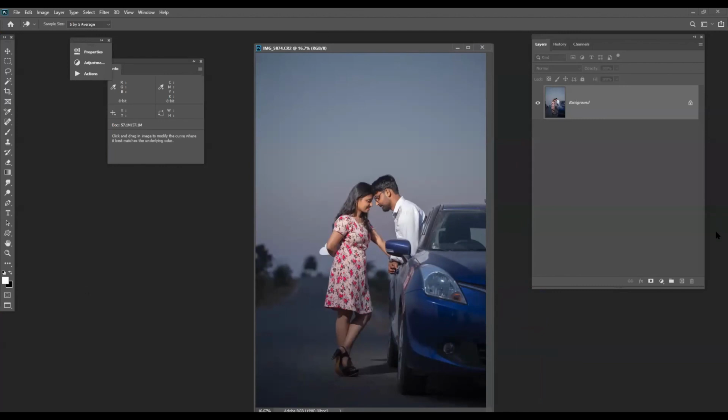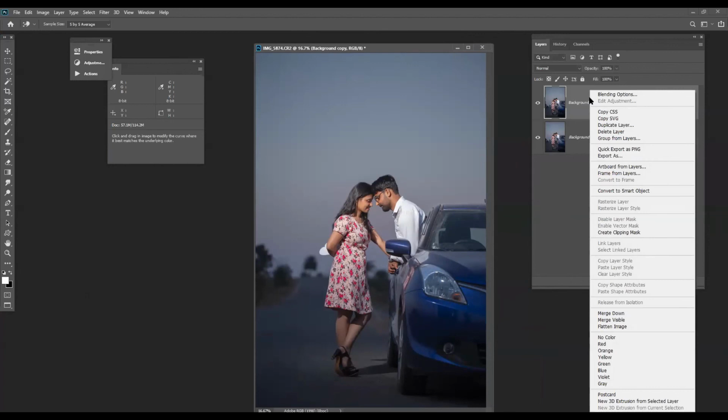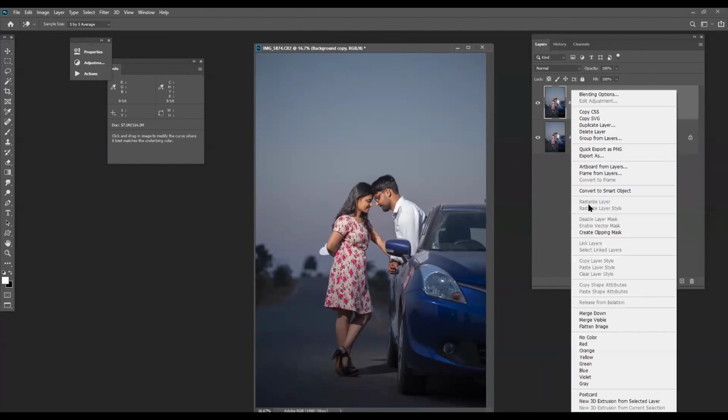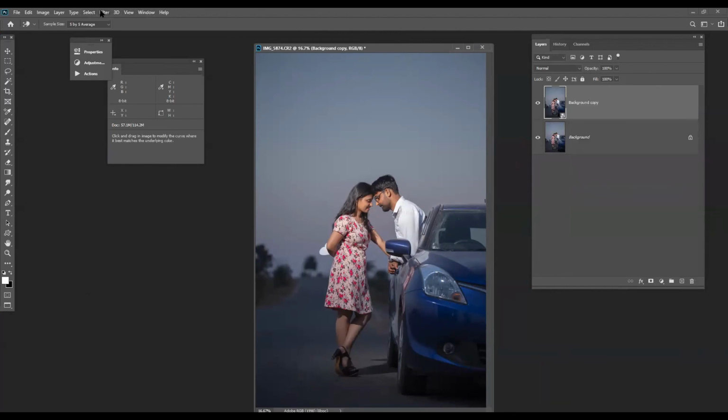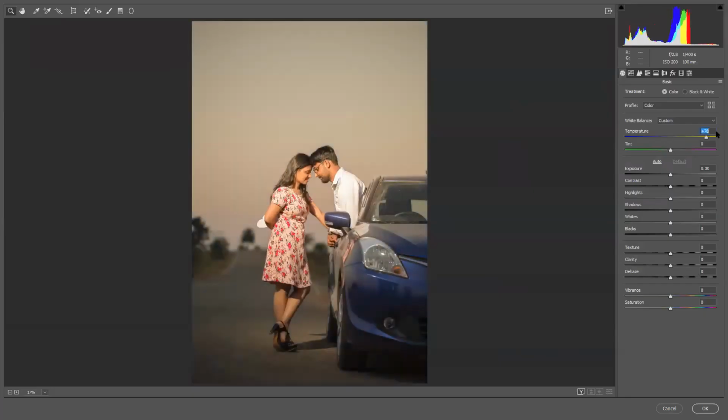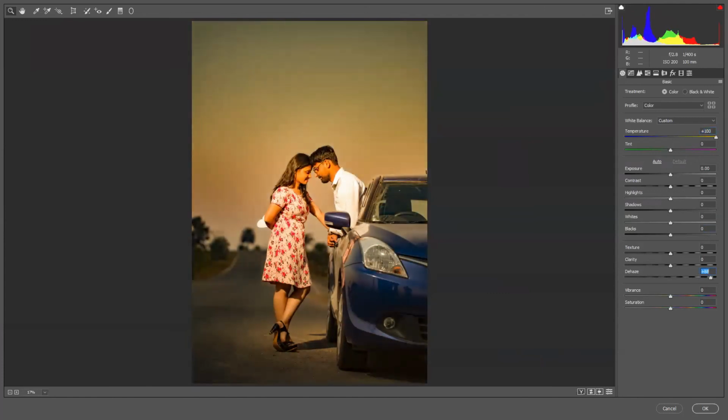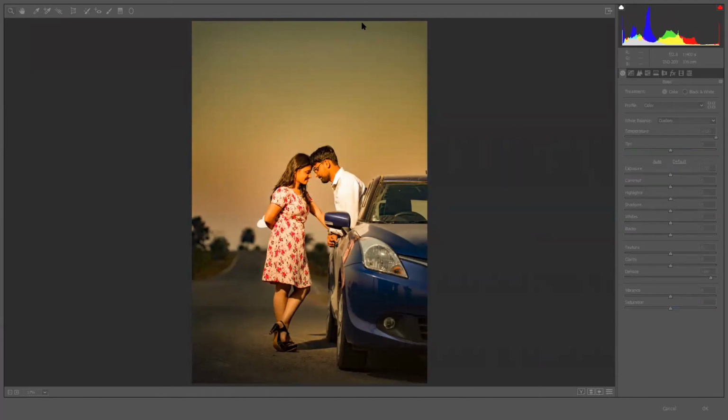First and foremost, if you are using CC version 2017 and above, then the best way to work in combination is to convert it into a smart object, straight away go to camera raw and just define a color you want on your background image. Keep it, okay, no issues.